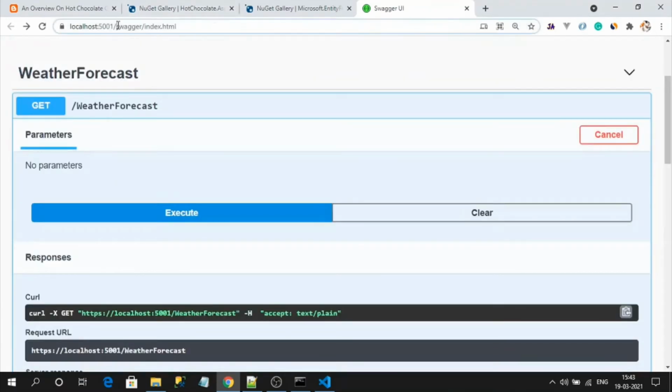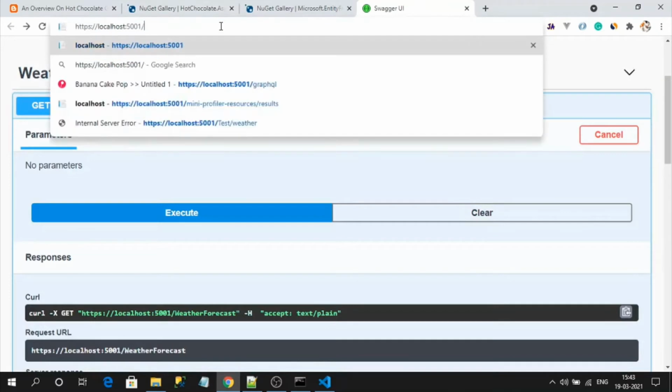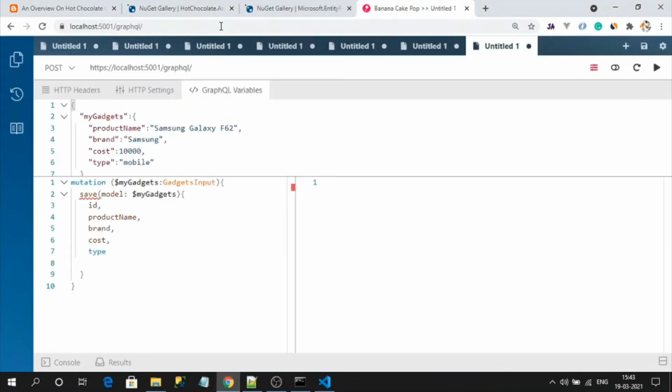Now if you navigate to GraphQL, this is the GraphQL endpoint. From this we can conclude that we can maintain two in our code base: REST APIs as well as a GraphQL endpoint.